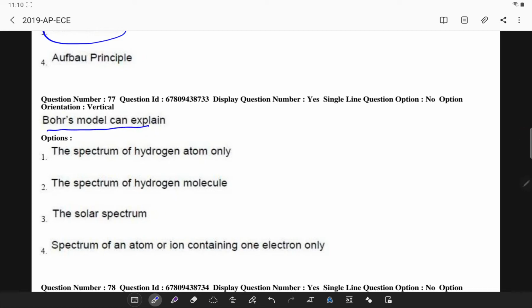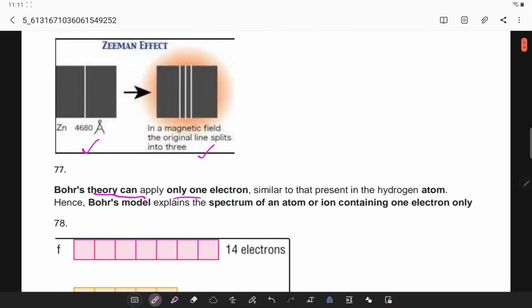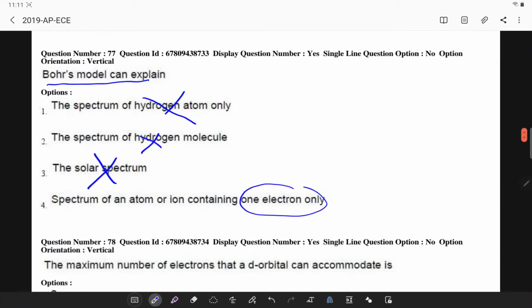So Bohr's model can explain the spectrum of a hydrogen atom, not the spectrum of a hydrogen molecule or the solar spectrum. This is outdated. It applies to the spectrum of an atom or ion having one electron only, so this is not only specific to hydrogen. Bohr's theory can apply to only one electron, similar to the hydrogen atom. So here the catchword is only one electron. Next,